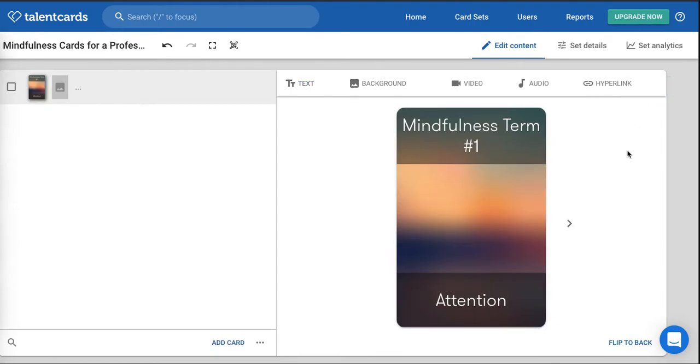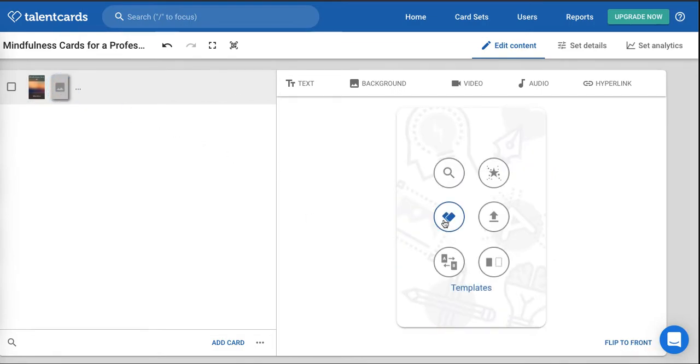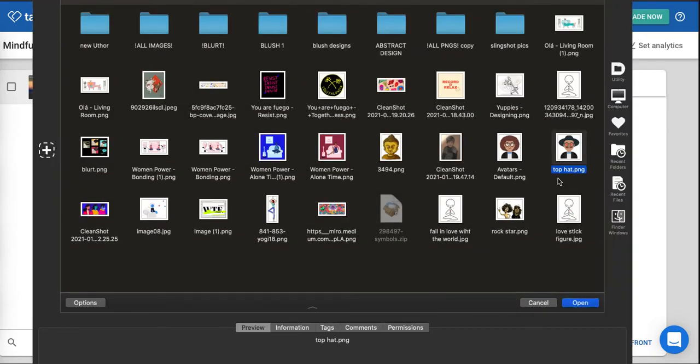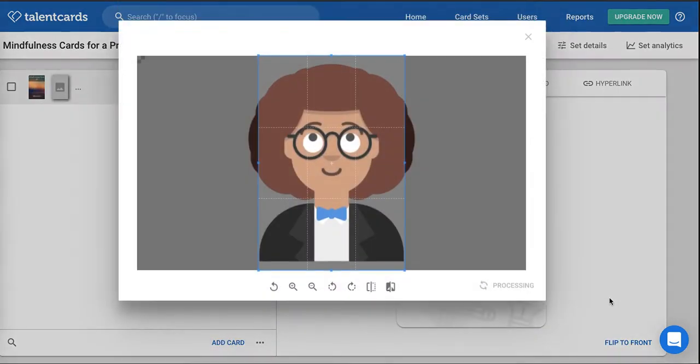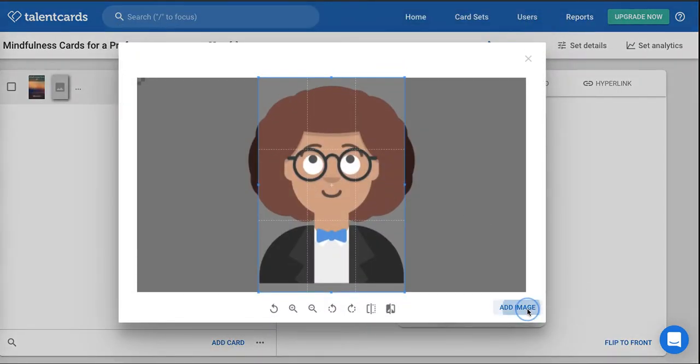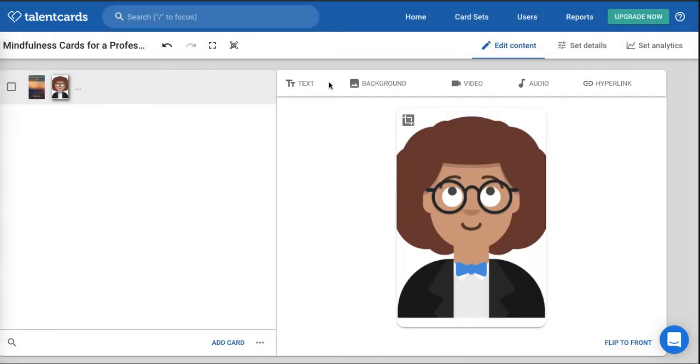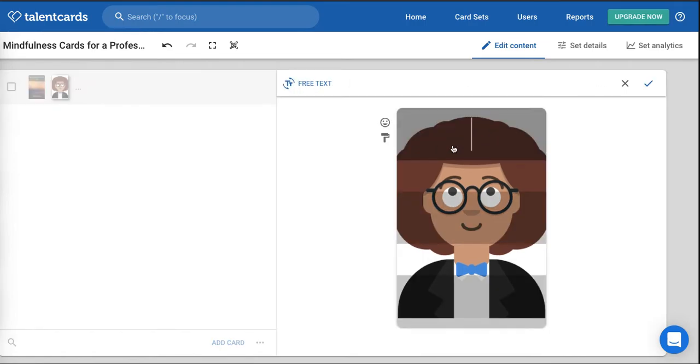I'm just kind of making this up, obviously, as I go. I'm going to flip it around, and let's say we'll add an image to this one, this image here. We're going to add the image. We're going to add text, and it'll say,